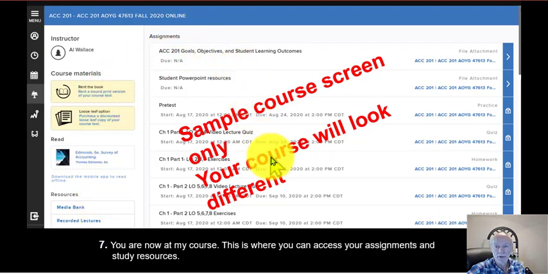But here are all the assignments. Got the due dates and so forth, so on, the name of the assignments. And you just click on any of them to start working these assignments. And once you finish an assignment,